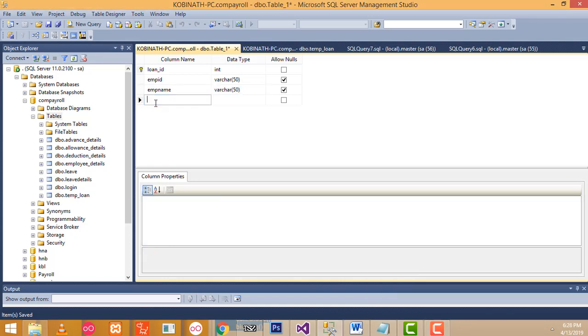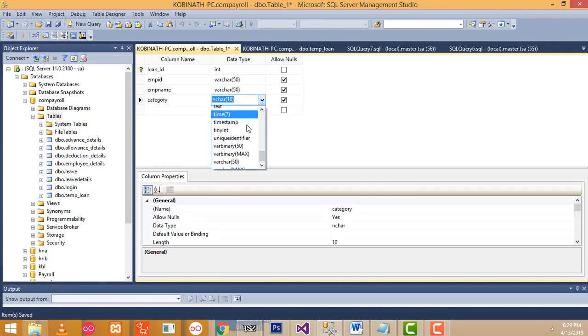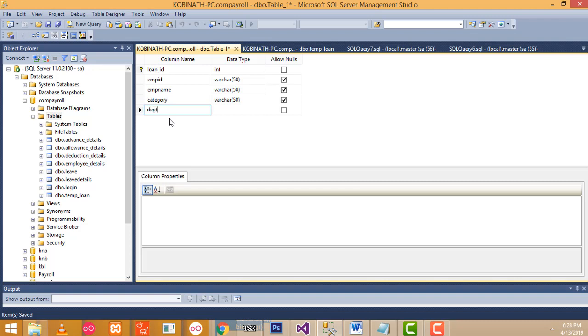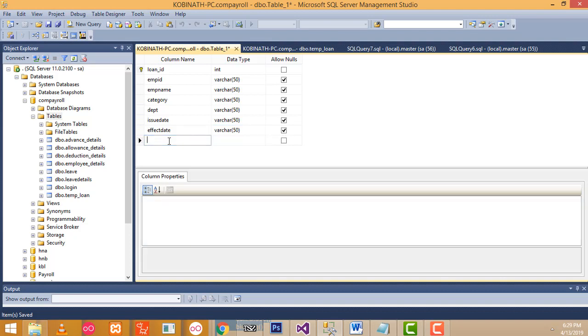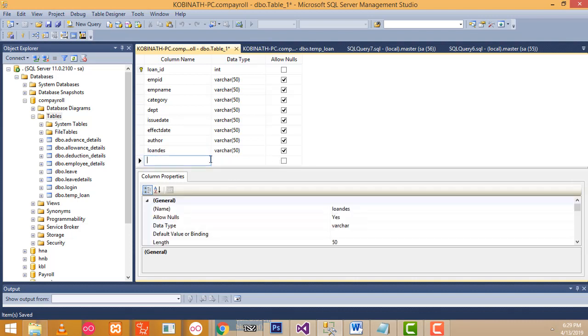After that we have to write category. This one should be category, varchar. Here department. The same thing, you can use Ctrl C to copy, Ctrl V to paste. After that the issue date, effective date, after that we write author, varchar, loan description, varchar, loan amount,